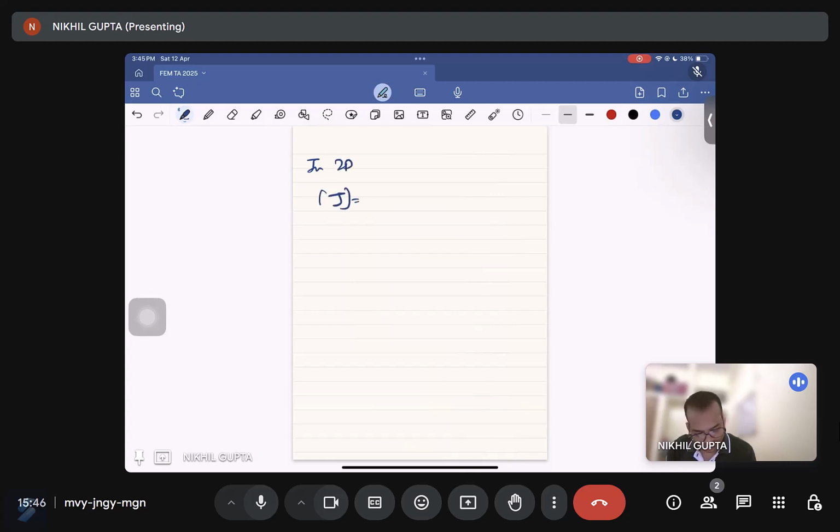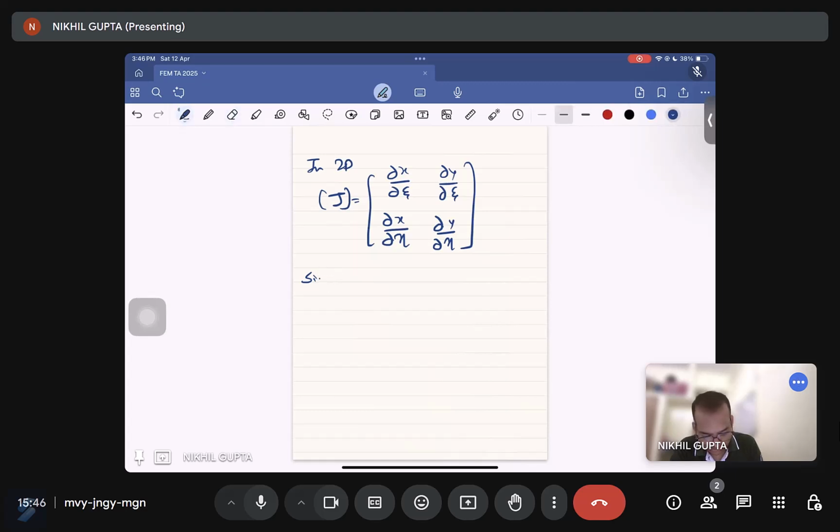The J matrix will be del x by del psi, del x by del neta, del y by del psi, and del y by del neta. Okay. So we are checking the characteristics of the Jacobian matrix. So what we can write, since J inverse is required